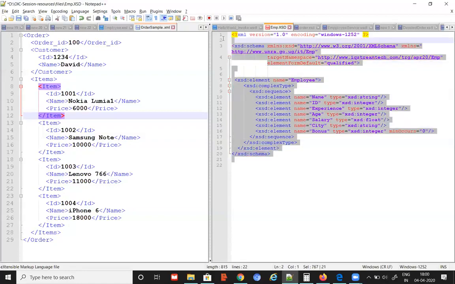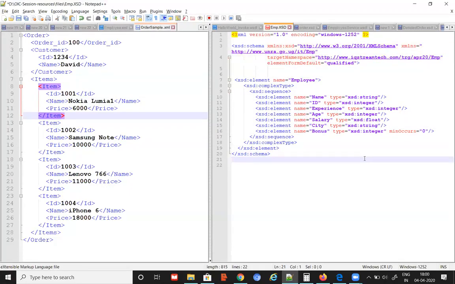This is a document which is XML and also XSD. Yes or no? Do you agree with that? This is a document which is also XML and also an XSD. So when I'm talking in terms of XML, it is referring to some target namespace. Which target namespace? This one. What is this one? This is a standard target namespace.